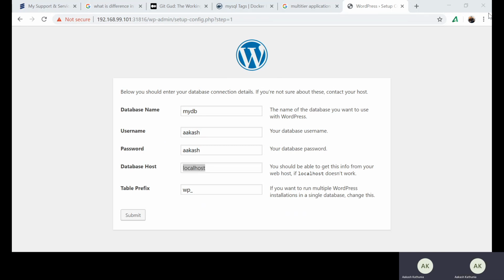Let me copy it here so that the DB can be accessible.